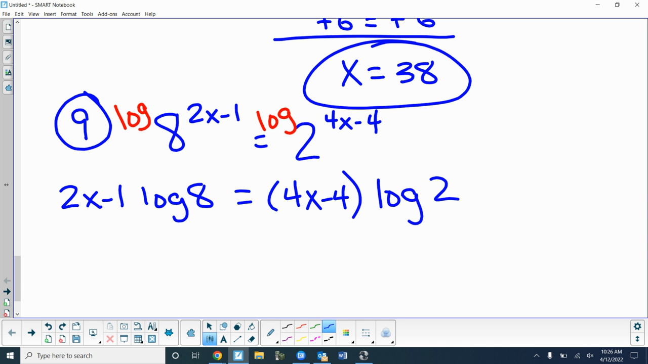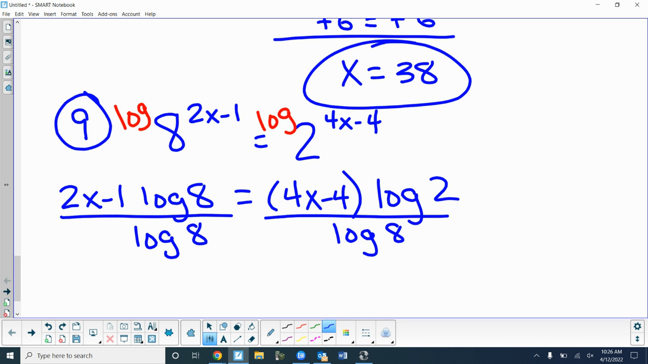Okay? So what do I do to both sides now? Divide one of the logs over, right? I like to go left over. So I like to say log of 8 and move it to the right. But if you wanted to move the log of 2 over to the left, that would be okay. You'd still divide. On the left, the log of 8's cancel, so I get 2x minus 1. And on the right, log of 2 divided by log of 8 is